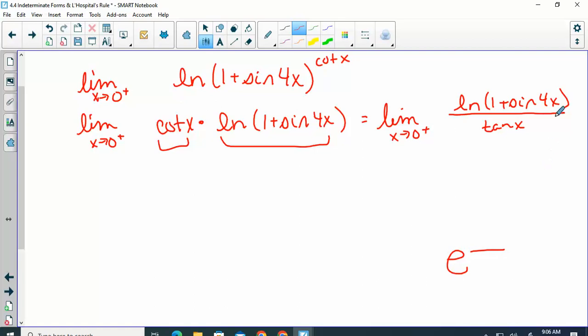So now, we can't just assume L'Hopital's, we have to check. If I put in a 0, sine of 0 is 0, 1 plus 0 is 1. What is the natural log of 1? 0. It's like saying e to what power equals 1. Over, what is the tangent of 0? 0. So this is now 0 over 0, which is the indeterminate form we want,